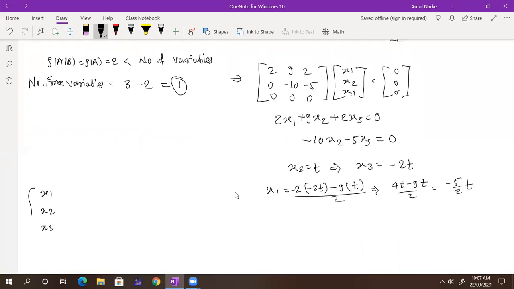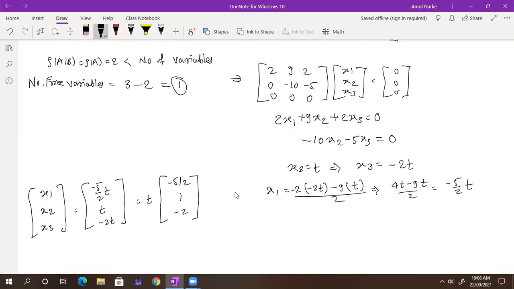x1, x2, x3. So you can calculate in another way. I will tell you how to calculate that. Minus 5 divided by 2 t is x1, x2 is nothing but t, and x3 is nothing but minus 2t. You can take t as common. So what you are getting: minus 5 divided by 2, then 1, then minus 2. Now you can put any value of t. If I put this, it is also correct. If I put t equal to 2, because I don't want that rational number,